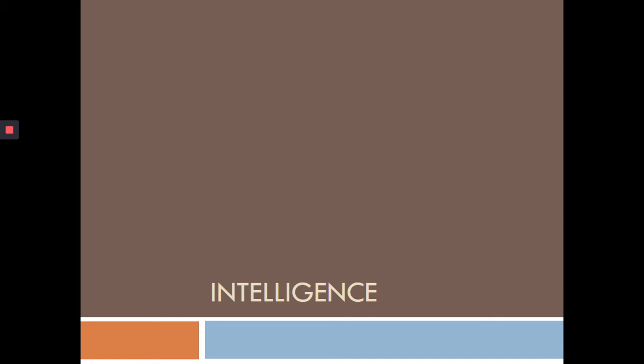Okay, this is our lecture on intelligence. I'm going to talk about what intelligence is, the different theories of intelligence, and why some are better than others, like what their strengths and weaknesses are. We're going to look at the different types of intelligence tests. And then here at the end, I'm going to give you some time so you can go take an intelligence test and just kind of play with it and see what you come up with.